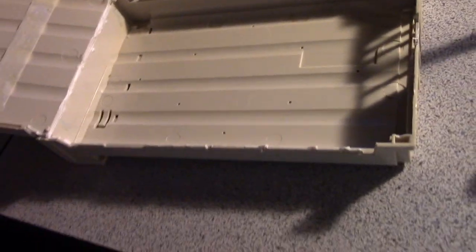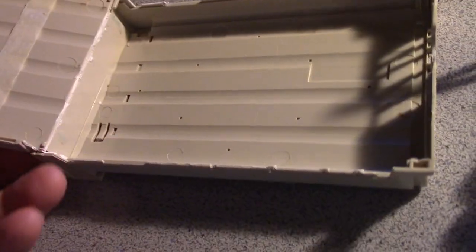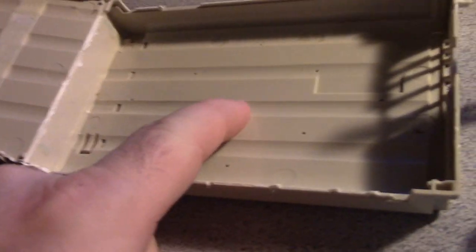Let's take a look inside here. This isn't supposed to open up like a door. It just cracked that way. But I'm going to fix it all later. Don't worry about a thing. You can fix anything with glue and putty and adhesives and solvents and all kinds of crazy things like that. But anyway,